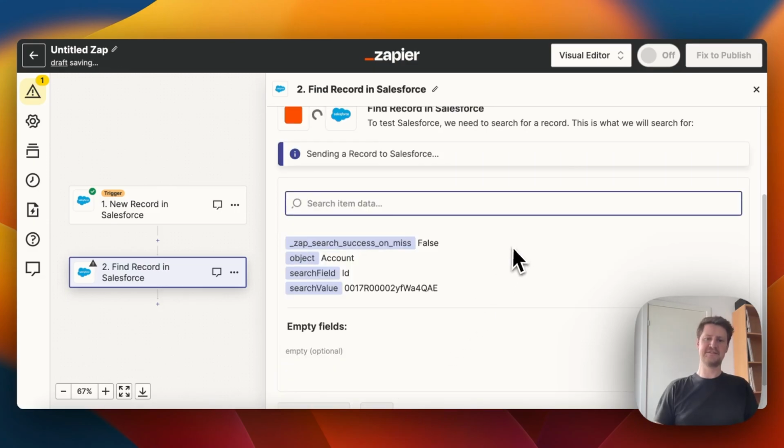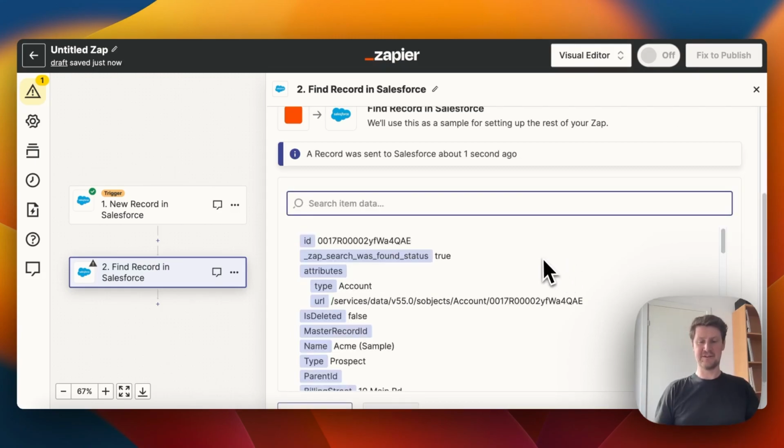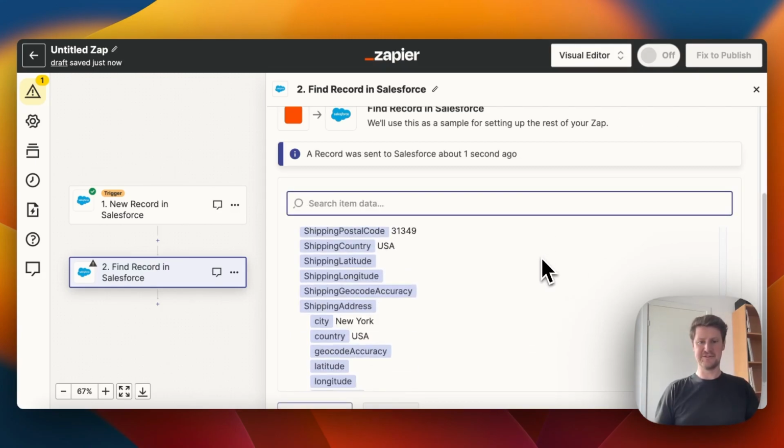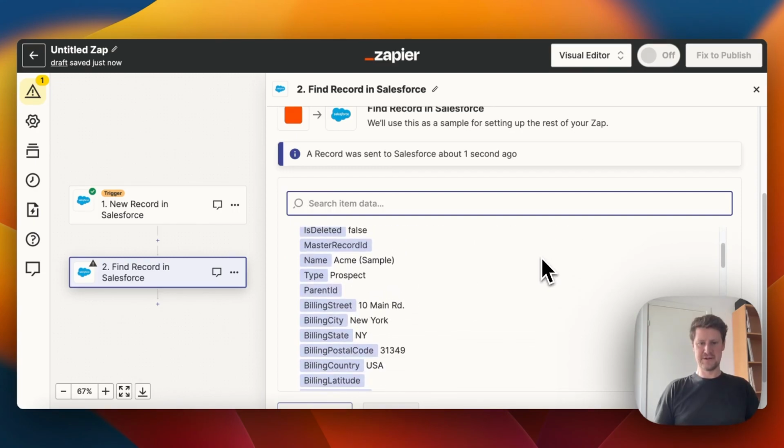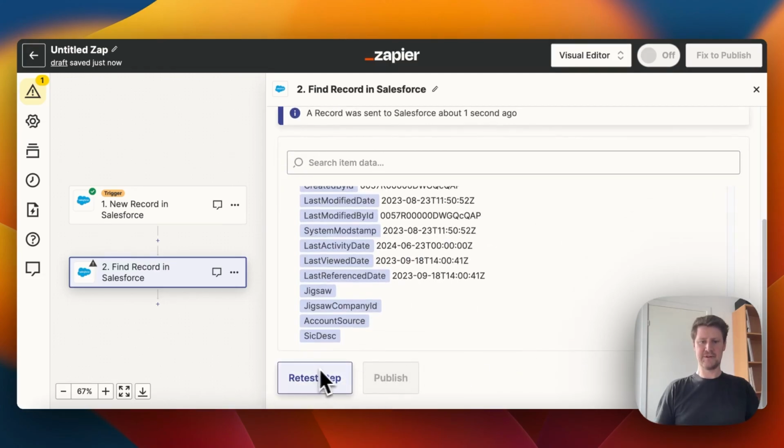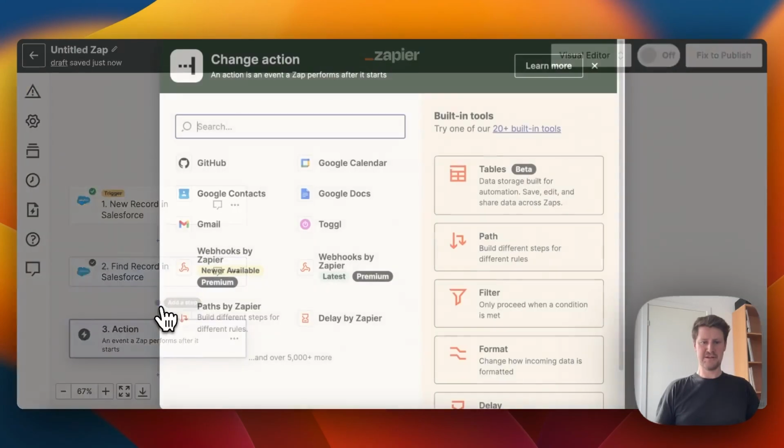So we will also test this step to be sure that the account is found. Always takes a few seconds, but it's definitely important to do this to make sure that the Zap works in the end. So we can see we found an account, and what we'll need later on is the name of the account here. So then we can continue here by adding a step,